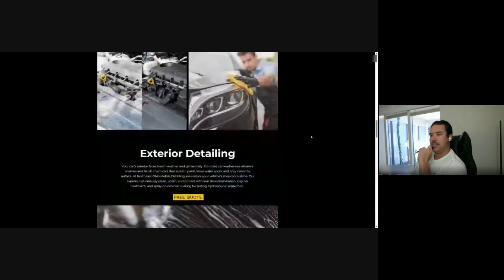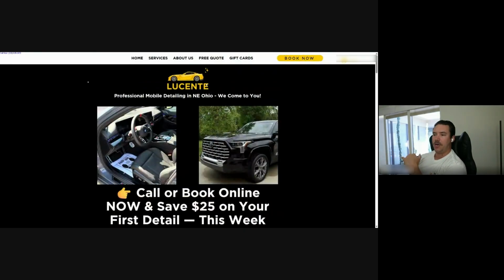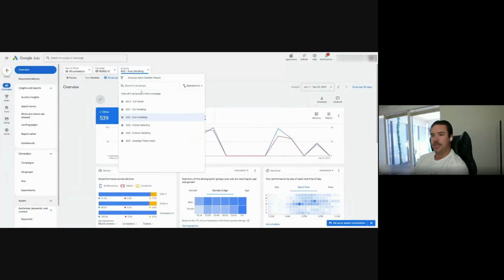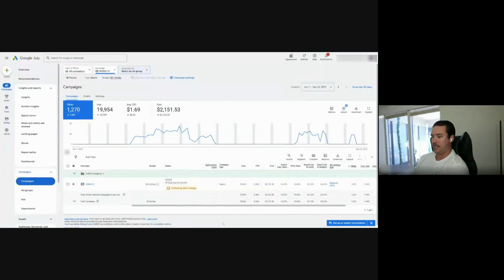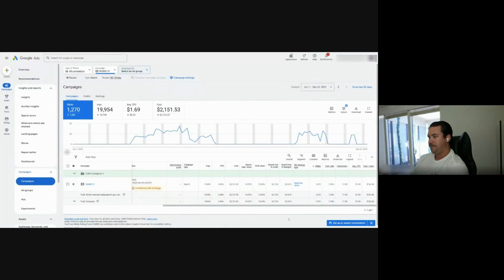Now that pretty much covers quality score. You can interpret and implement it however you want, but that's basically what quality score is, and it will help you quite a bit. But something else I want to talk about, arguably the most important thing, is your actual conversion rate. You pay Google when someone clicks your ads, cost per click, pay per click, right? So this percentage is the percentage of people who clicked and then converted. In your case, it's either a phone call or filling out your form.